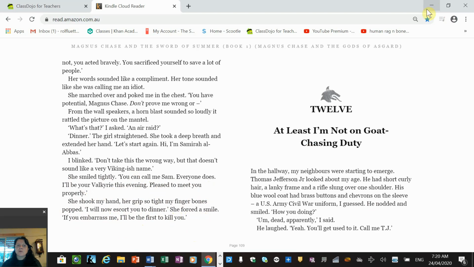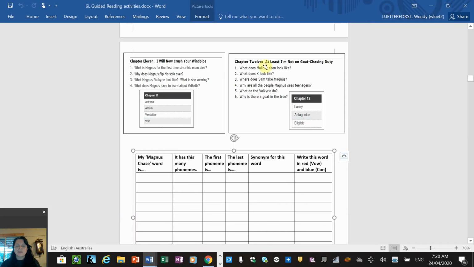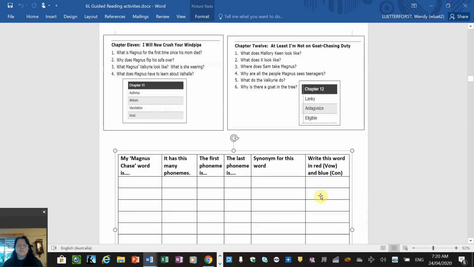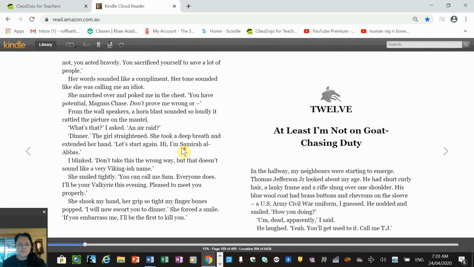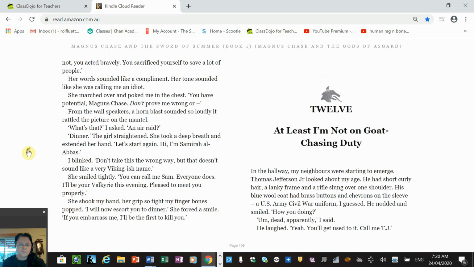Okay, and then chapter 12, if we want to go ahead with that next week. Now, I couldn't remember if we had actually read that chapter last term. It got very confusing, but I thought that was a good place to pick it up. So the question is, what was Magnus feeling for the first time after his mother died? So in the text, if we go back into it,